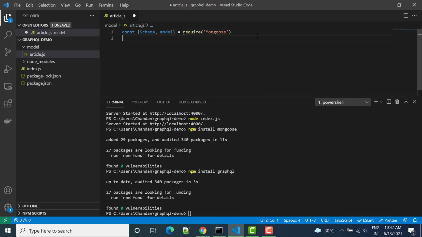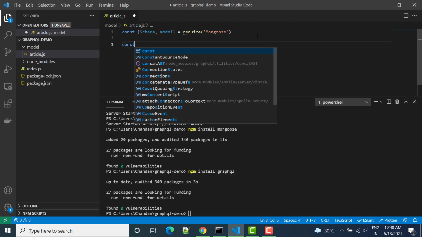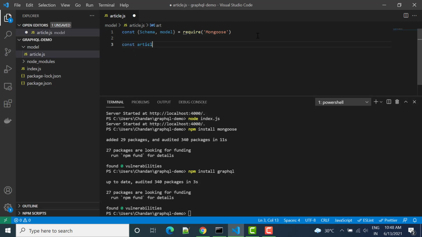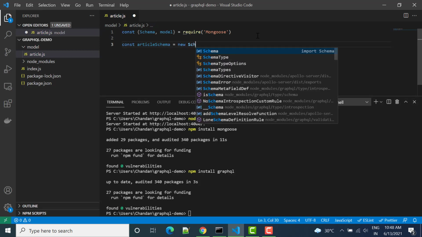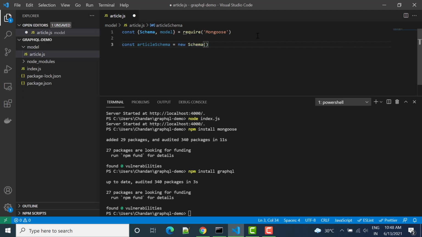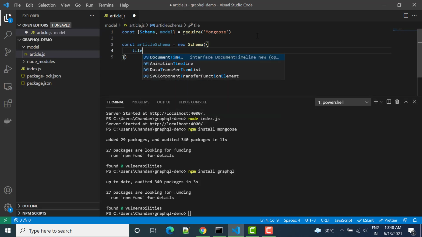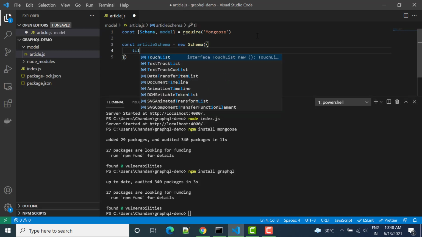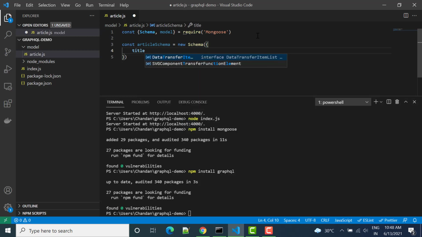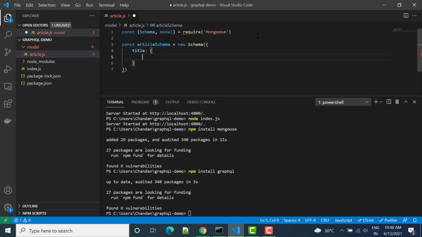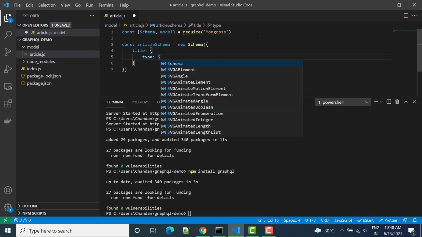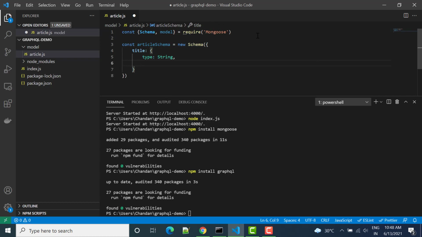Now in the next step we'll create a const articleSchema, and then we can say new Schema. In this schema we'll write what fields we want to be available in our MongoDB. So let's say title, and for title we have to specify the type. The type is a string, and is it required?